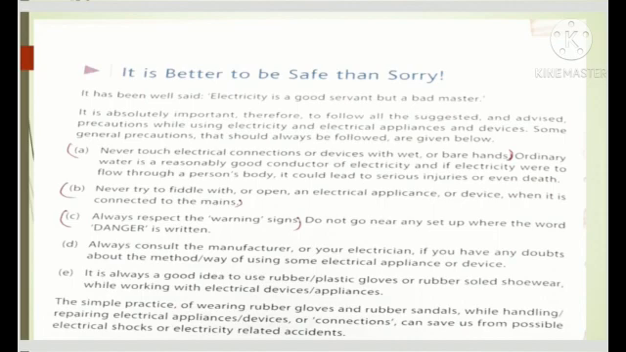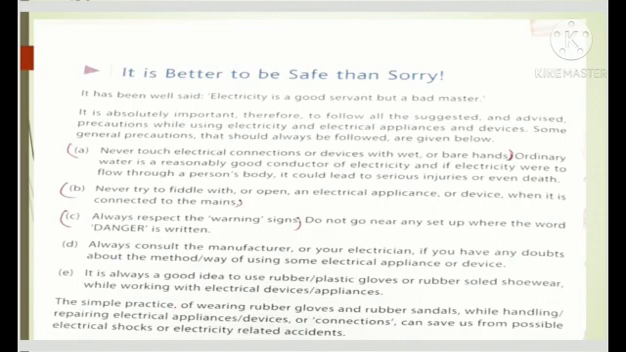Number 1, never touch electrical connections or devices with wet or bare hands. Why? Because ordinary water, the water coming in our houses, is a good conductor of electricity. And if electricity were to flow through a person's body, it could lead to serious injuries or even death. So that's why before touching an electrical device or appliance, we must